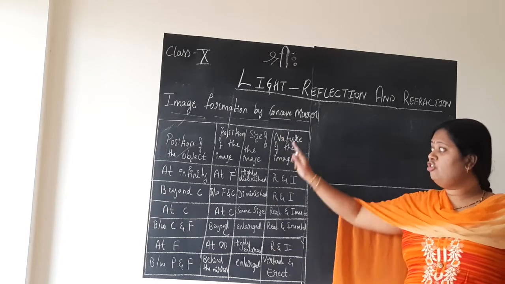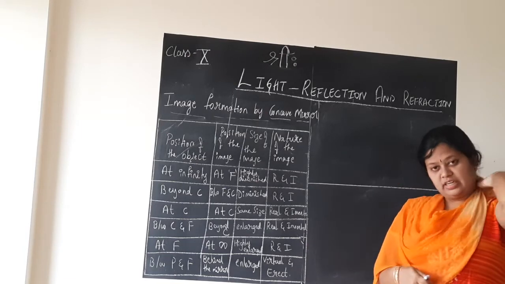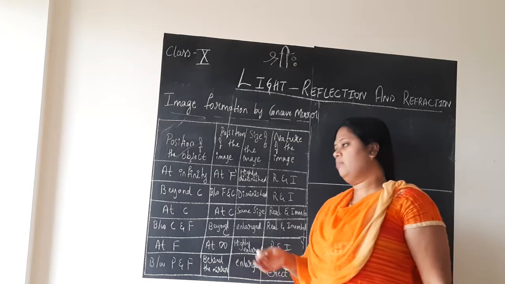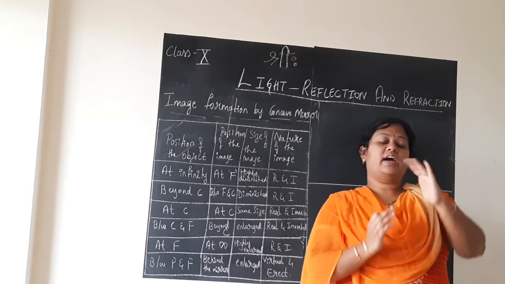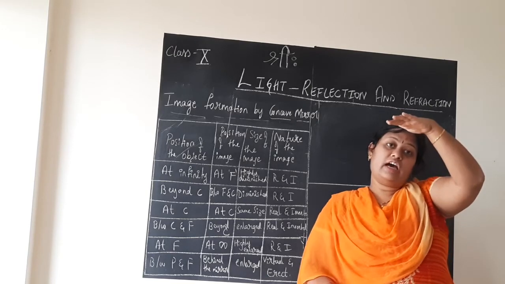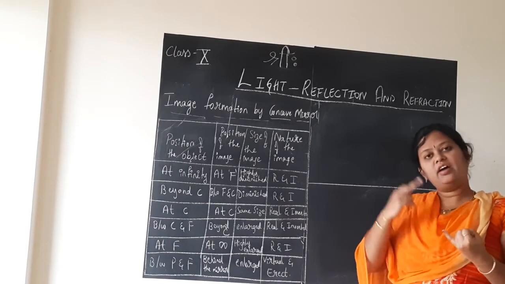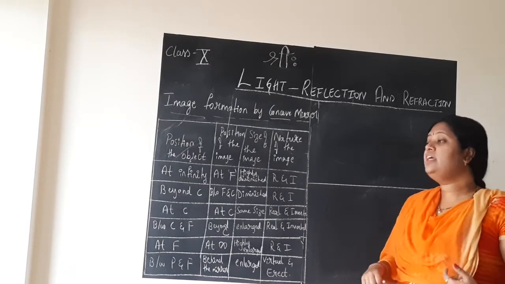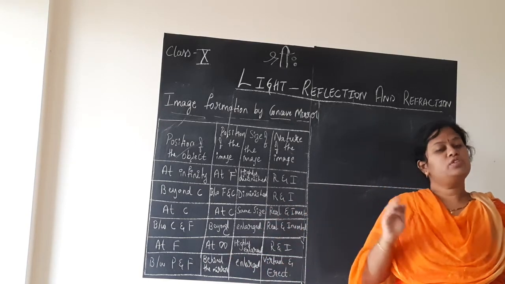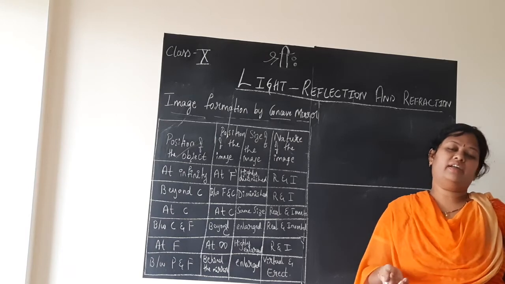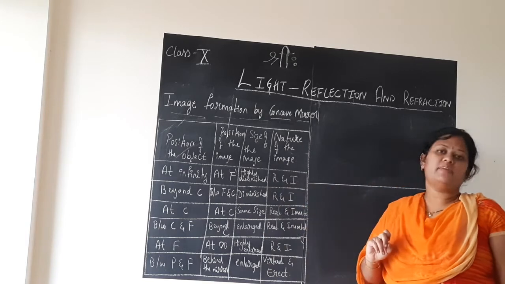Size of the image, nature of the image, you should understand it here itself, because you will have to solve numericals. There you must know what to write. What is the size of the image? It is the same as that of the object. Very small, very big, same size, you have to say everything. Nature of the image is either real and inverted or virtual and erect, you should say. Write the nature of the image. At the end of the problem there are possibilities of being asked. So you should say whether it is real and inverted, or virtual and erect. So a highly diminished image, and a real and inverted image, we will get.